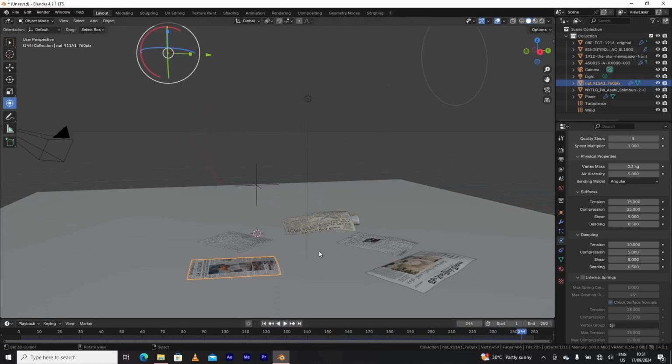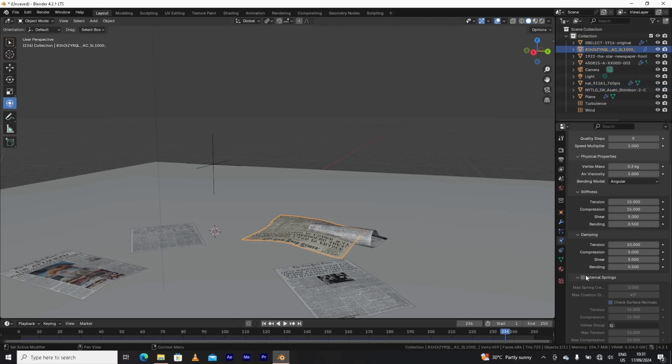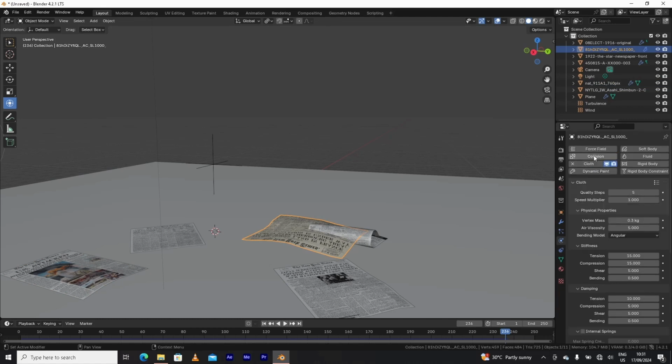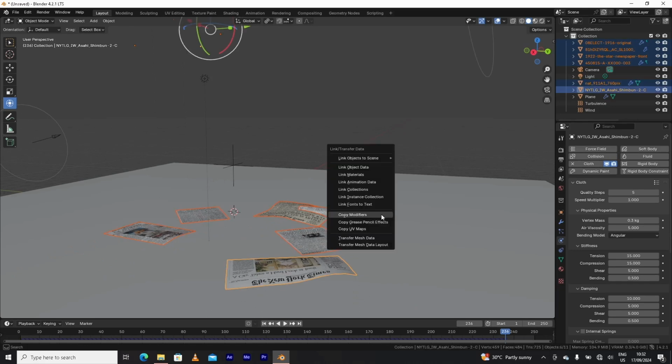Now you're noticing that there's an intersection here, right? If you want to stop that from happening, all you need to do is go back to physics, go up, and click on collision, so that when this one sees the other, they see themselves as different colliding objects, and when they collide, they respect each other's boundaries. All right, so click on collision for this, and the same thing, apply it. Hold Shift, select all of them,